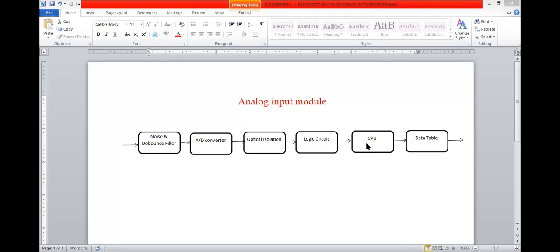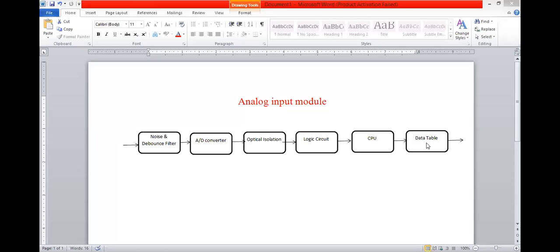According to the program, the logic is solved, and whatever status is generated about the input is given to the data table. The data table records the status of the input. Means एक नंबरच्या इनपुटला काय स्टेटस आहे, 2 नंबरच्या इनपुटला काय स्टेटस आहे, 3 नंबरच्या इनपुटला काय स्टेटस आहे. All these status values are recorded by the data table.